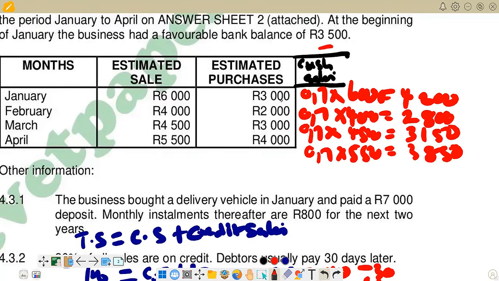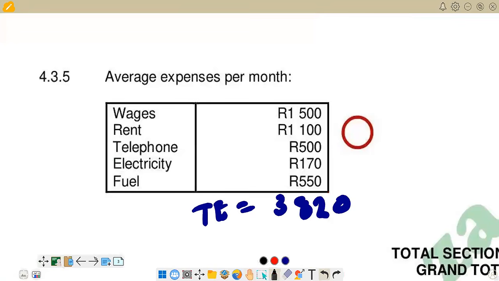So these are the figures that we are just going to put there. For January, we put 4,200 until April, 3,850. These are the figures that we have. In other words, this one is for January, this one February, this one March, this one April. So we are going to put those figures in the cash flow statement. So if you come here,